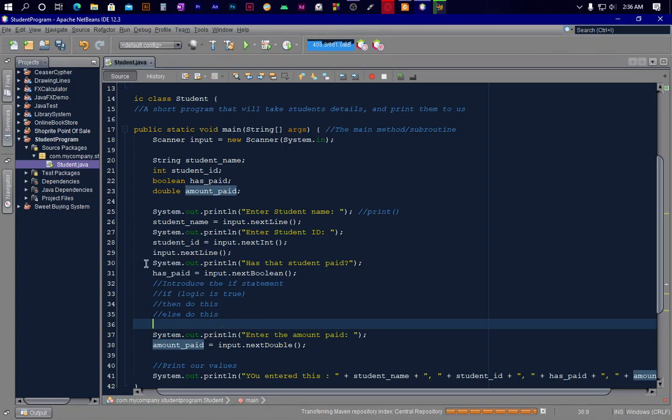We are just going to insert it in here using the spade. If the spade is false, we are not going to print this one. Otherwise, if the spade is true, then we are going to do that. So we are going to say if